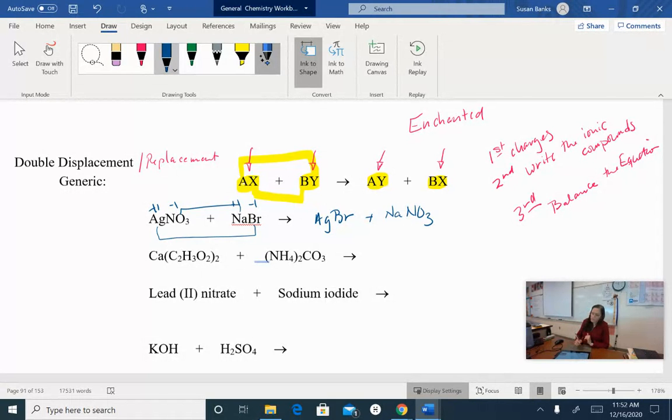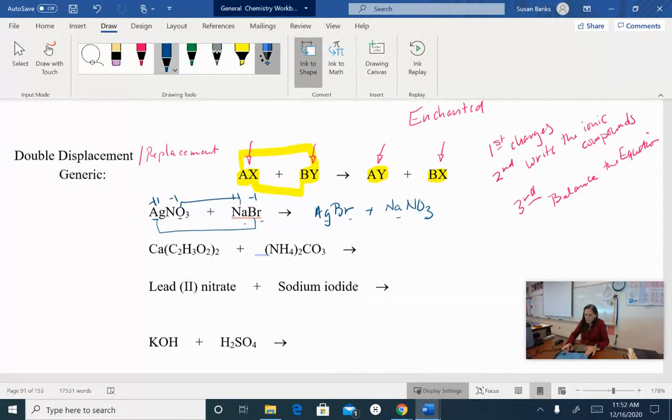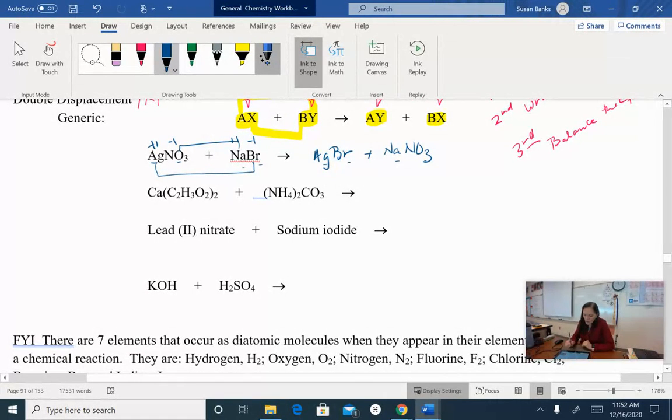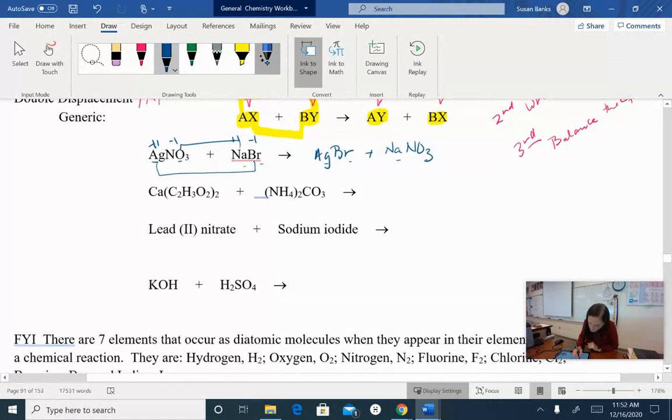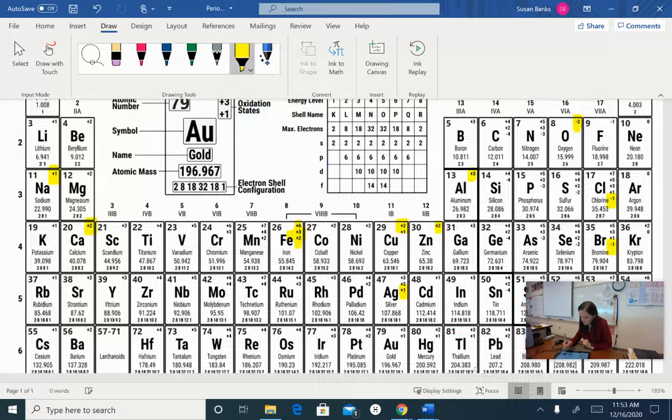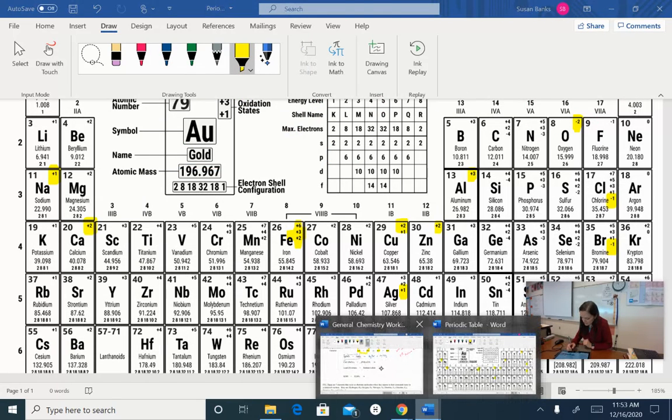And this one is pretty easy because we just have 1 of each of these and we have 1 of each of these. This one balances without any coefficients. Remember, coefficients of 1 are implied. Okay, notice how everyone switched partners. All right, this next one, calcium. Calcium has a +2 charge. Okay, right here, +2. And then acetate